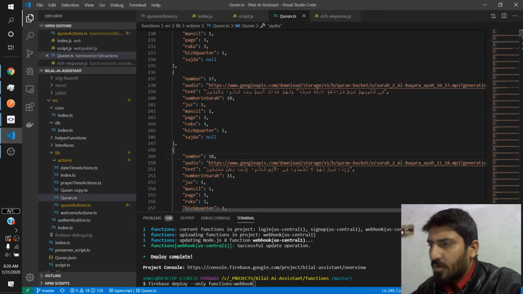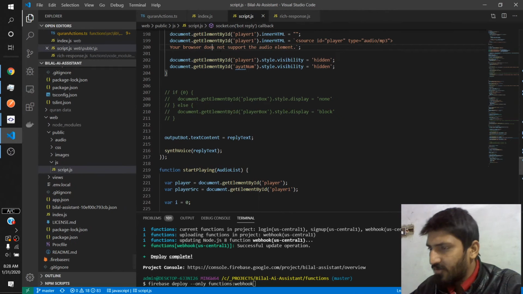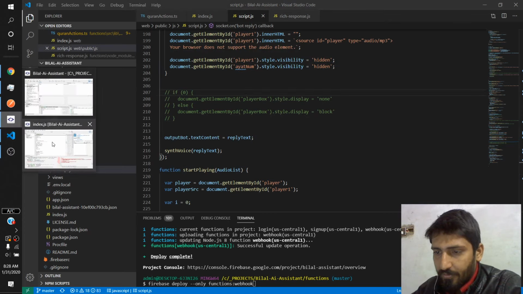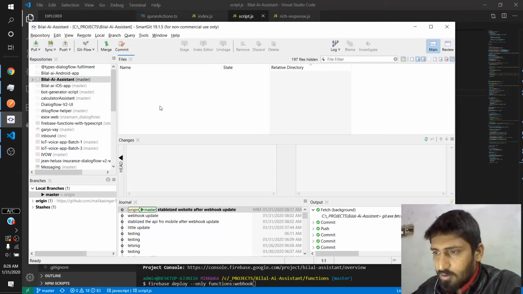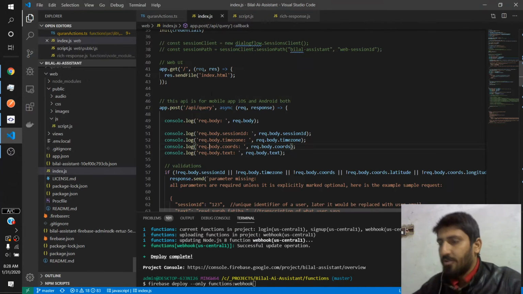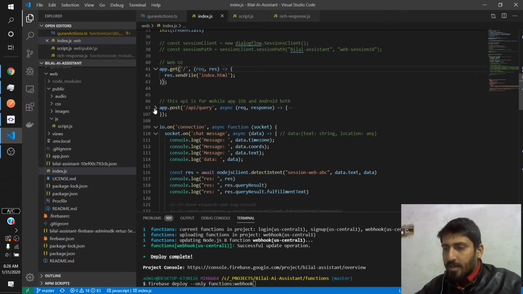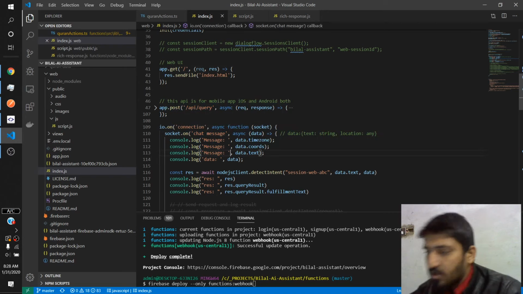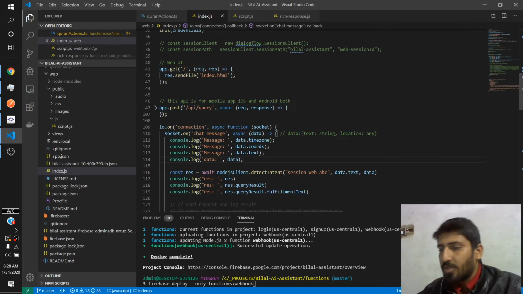Okay, the first problem is pretty much solved, but it is not really solved. Two things I must take care of. The first, this API and this socket must be working in the same way. And the second, because if the mobile app developer wanted to use the socket